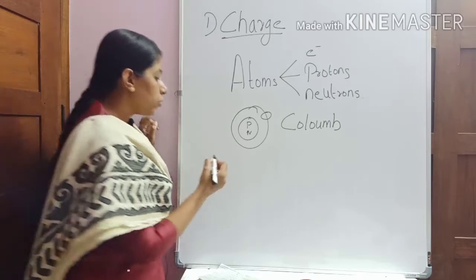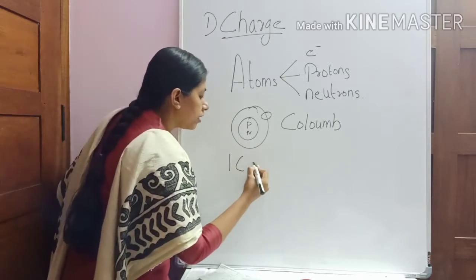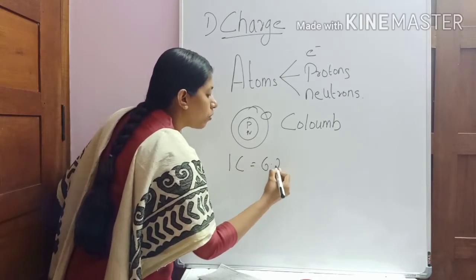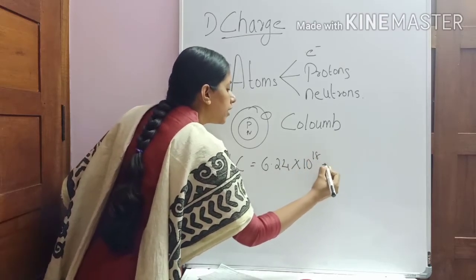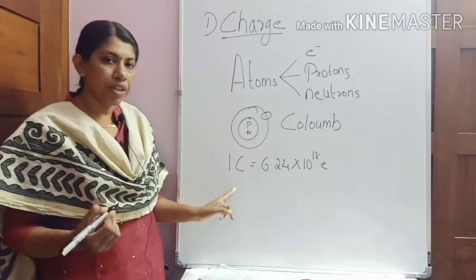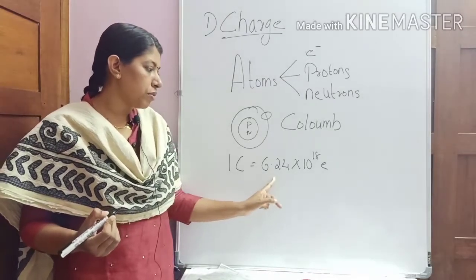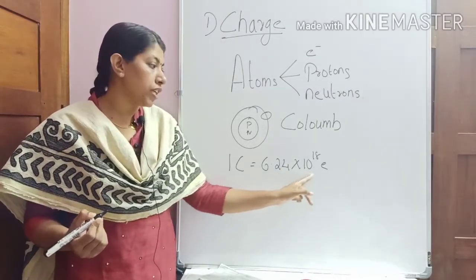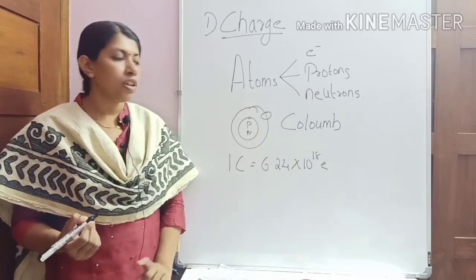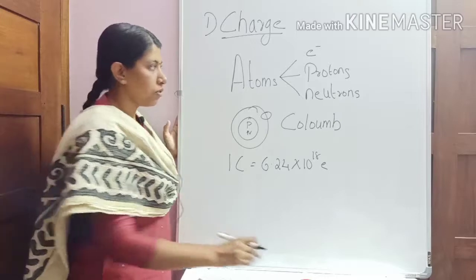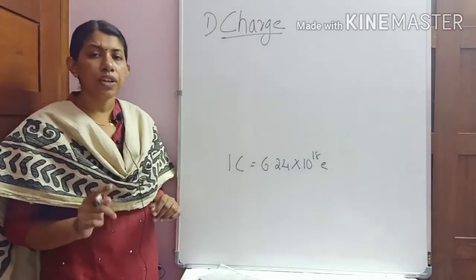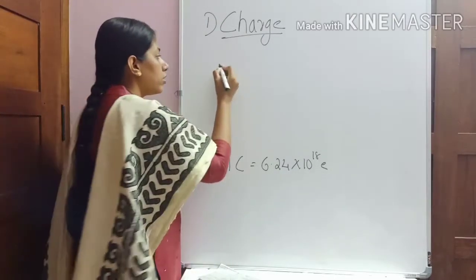So 1 coulomb means it is a charge of 6.24 into 10 raised to 18 electrons. 1 coulomb is equal to the charge contributed by 6.24 into 10 raised to 18 electrons. And now if that is the case, what will be the charge of 1 electron? The charge of 1 electron will be